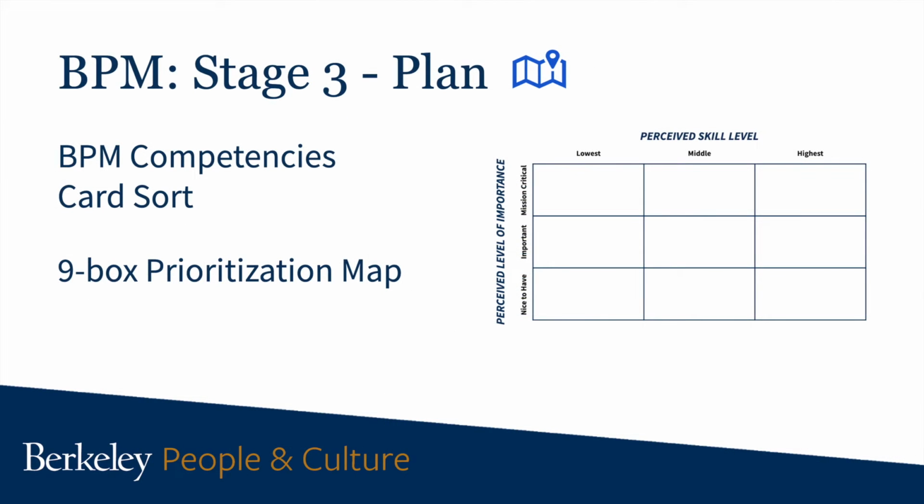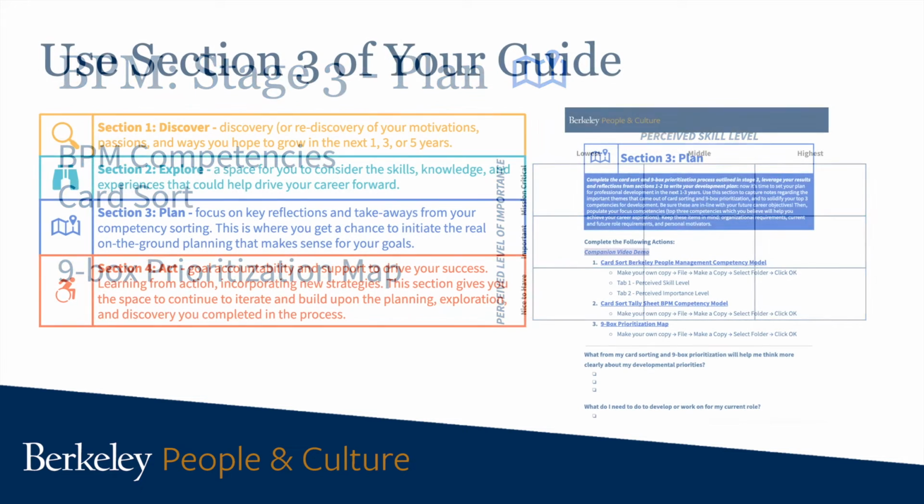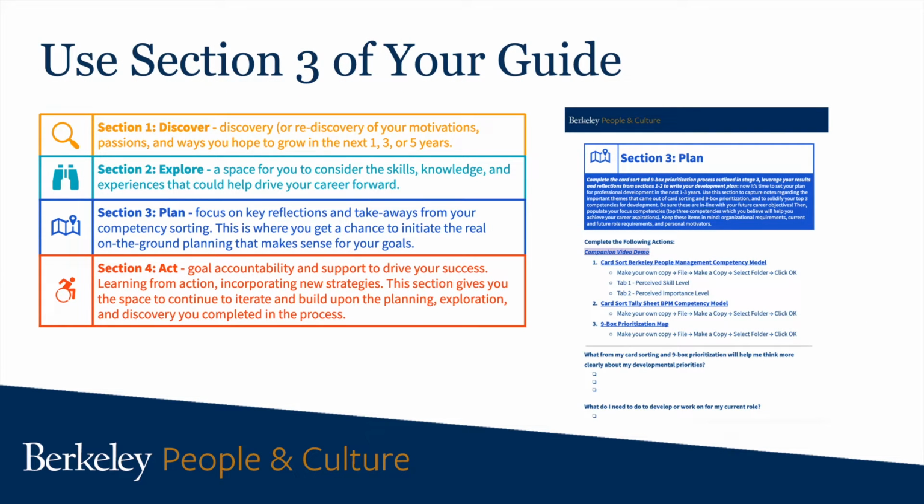Okay, well, what is a 9-box? The 9-box model, also known as the 9-box grid, is a tool used to analyze, display, and compare performance and potential. In this case, we're using it to compare your self-perceived current skill and the competencies that you will need to successfully reach your career goals. This user-friendly performance map is a talent management tool that helps HR and managers effectively identify leaders and strategically prepare employees for future roles.